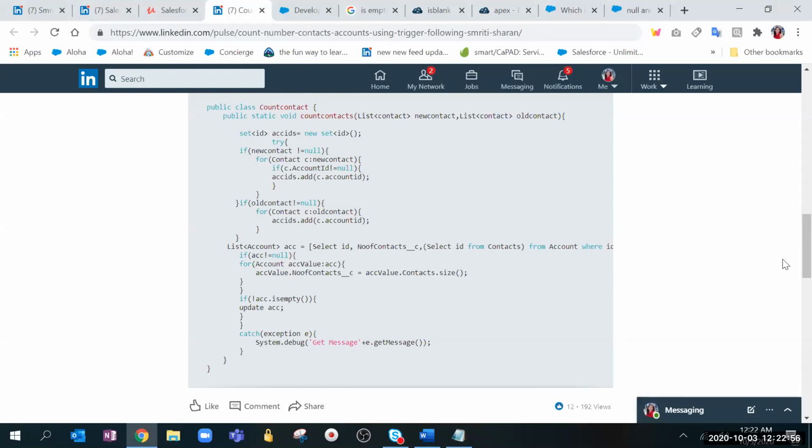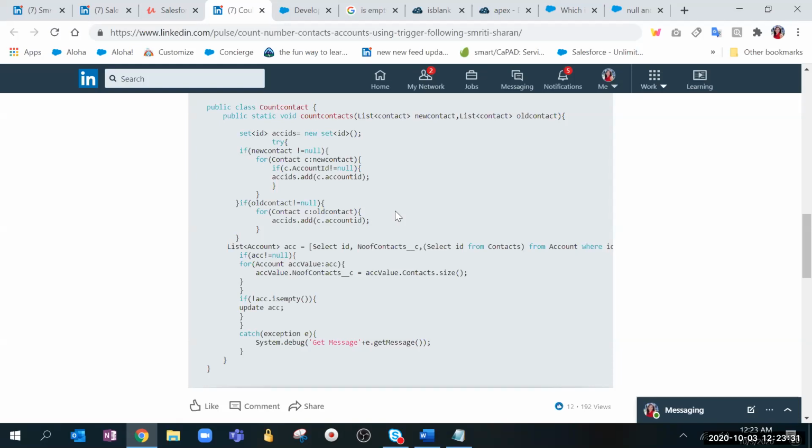If you have a master-detail relationship, in the master object we can create a roll-up summary field. But how can a roll-up summary be created in a lookup? This is one way, using triggers. You can use flows as well. I'm not going into flow, but I'm just saying that is also an option.